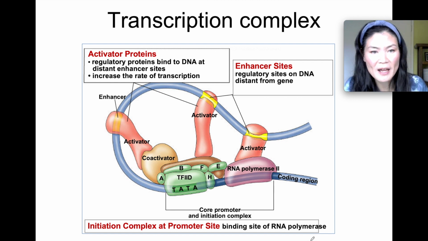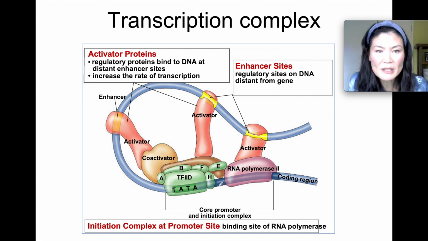And here's another picture of that happening. See, all of these proteins and all of these molecules are coming together to assist that RNA polymerase to transcribe the gene. And remember how we said RNA polymerase is the enzyme that's going to unzip and synthesize the mRNA, but it needs helpers. It needs helpers such as the transcription factors, you have activators, and in this picture you even have co-activators. So all of these molecules, proteins are coming together to assist RNA polymerase. And this is going to turn on a gene. This is the transcription complex that's going to turn on the gene because it's assisting the RNA polymerase.